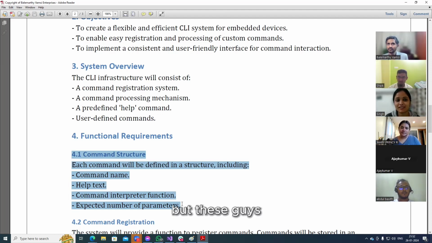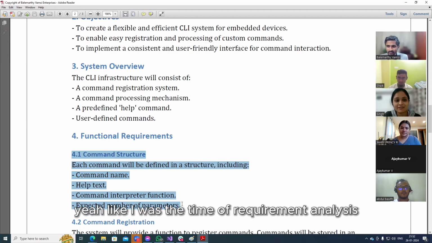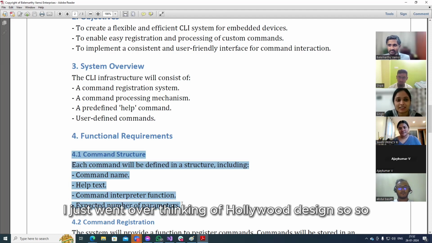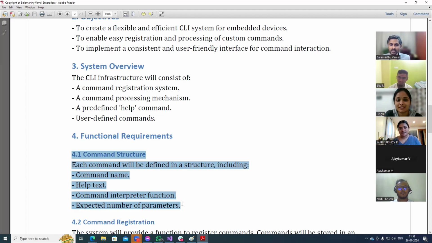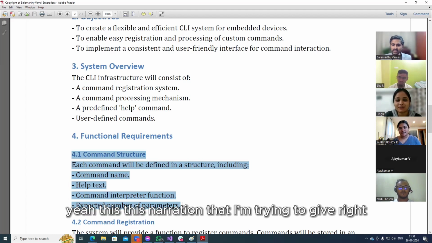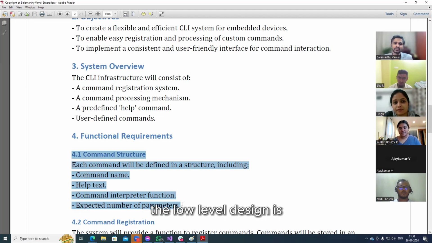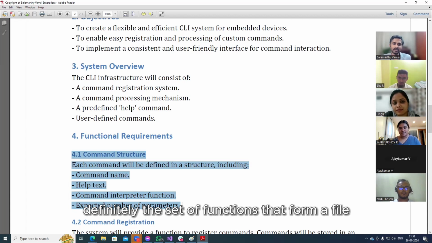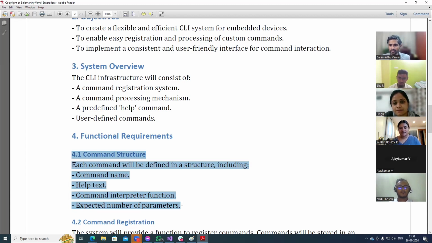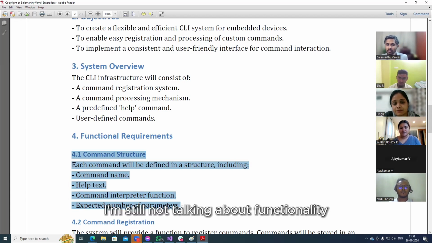At the time of requirement analysis, I was thinking a little bit of high level design also. Yes, so this narration that I'm giving is giving you the high level design only. The low level design is definitely the set of functions that form a file. I'm still not talking about functionality.